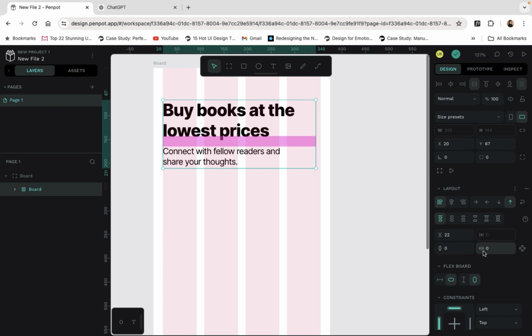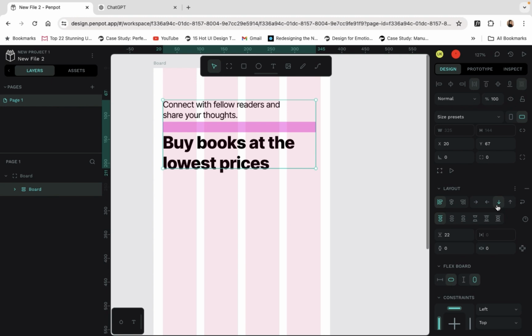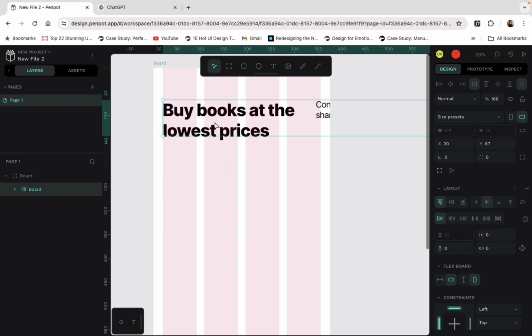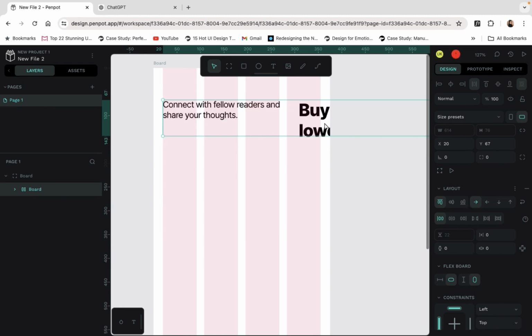This is a horizontal padding, this is a vertical padding, and then this is a space between the text, or row gap. Okay, from here you can select how you want to showcase this. You can select this or you can select like that. It will change the position like this, and if you select this, it will change the position to this landscape mode, and if you select this, it will change the position to like this.